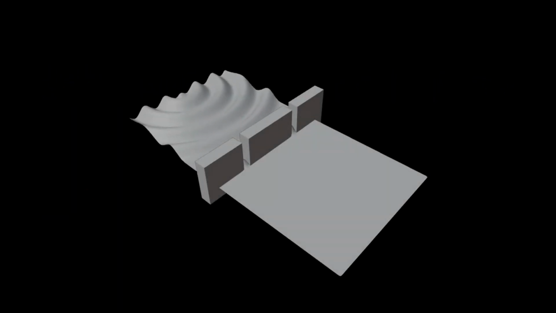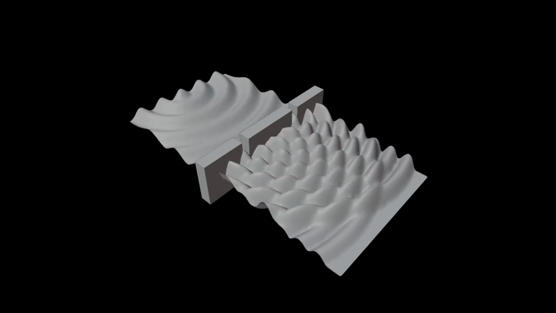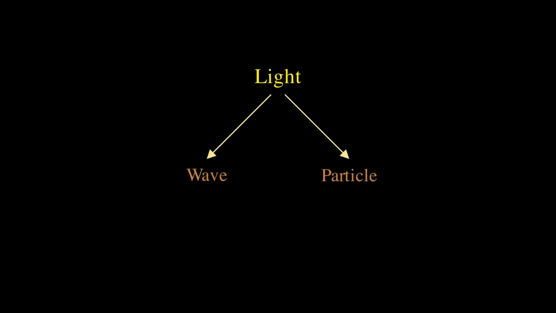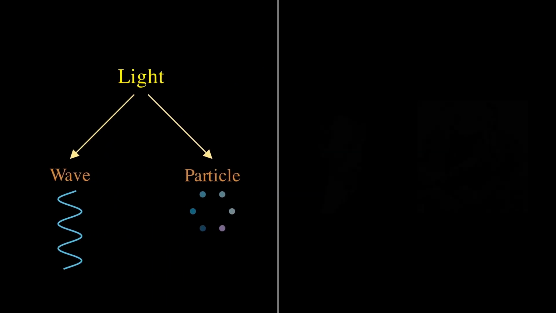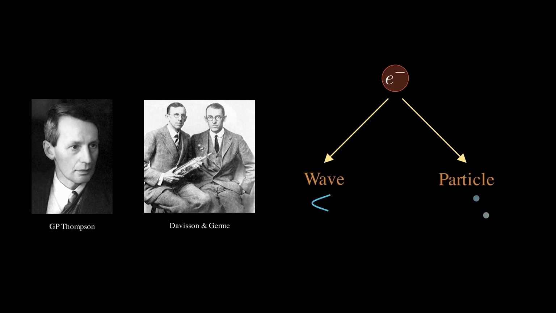In Young's double-slit experiment, light is proven to have wave-like properties. Till the time, the double-slit experiment was not done with anything else. It was believed that light was unique and it exhibited both wave and particle properties. However, when G.P. Thompson and Davisson and Germer conducted the experiment with electrons, it was proven that all matter had both particle and wave-like properties.